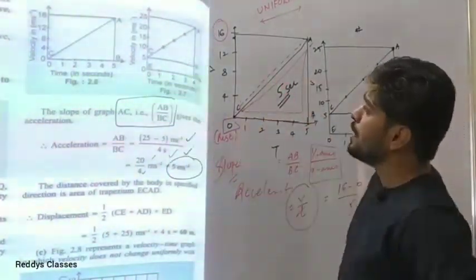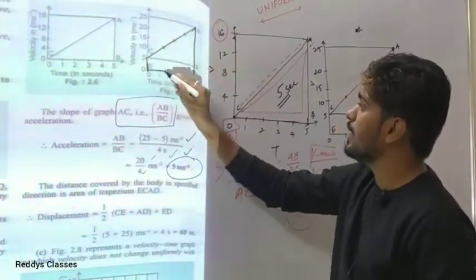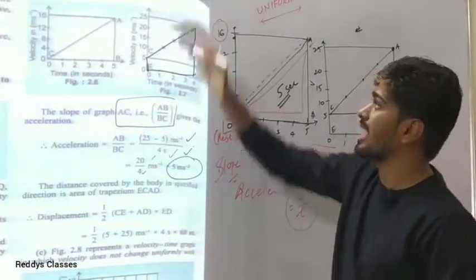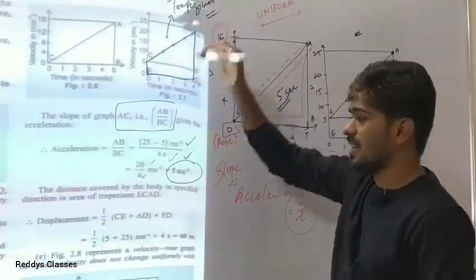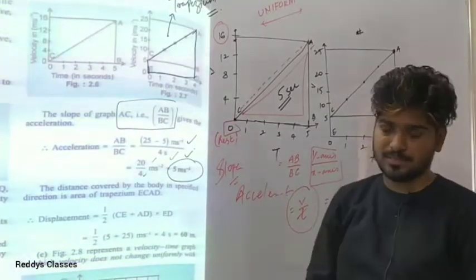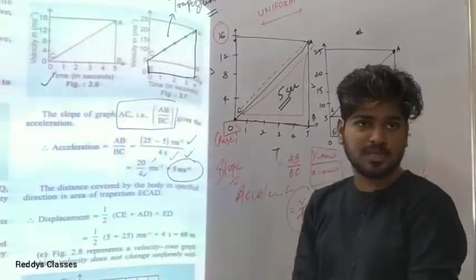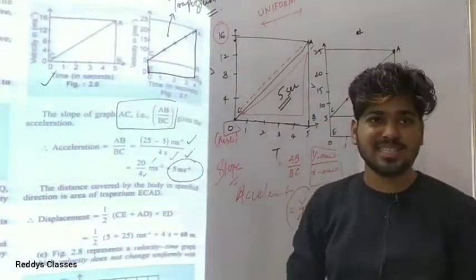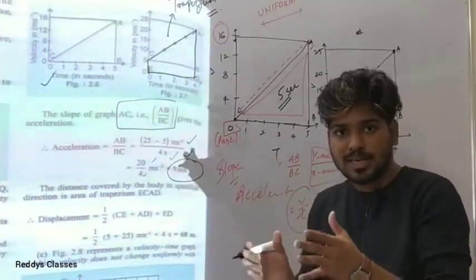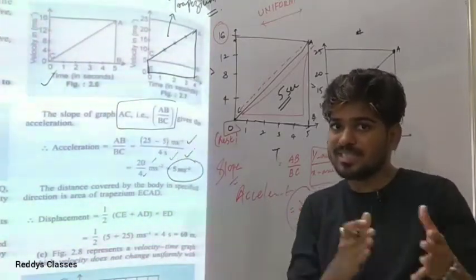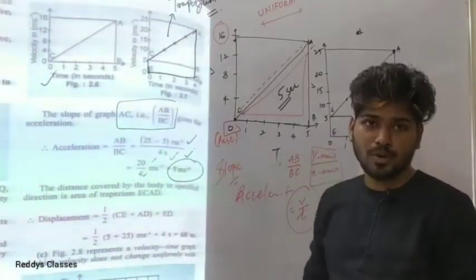Now, if you see properly, this line and this line, if I join them, I will get a trapezium. What is the formula for the trapezium? I have the trapezium. I have to find the distance covered now. As we studied displacement from this graph, I have to calculate the distance here as well as the displacement. Clear? So actually the distance which is covered is none other than the displacement. Distance and displacement are two related terms. The shortest distance is known as displacement.